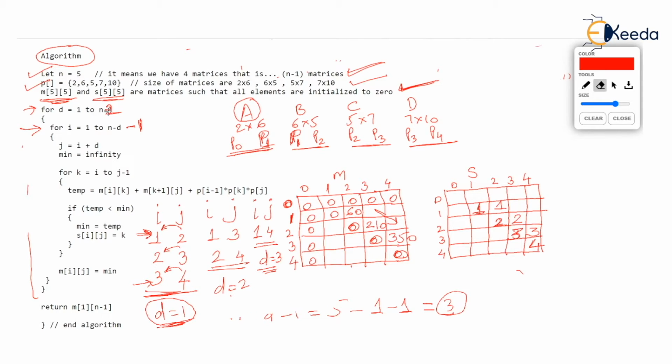Observe it again. How does i run each time? What happens when the value of d is 2? Observe this: when the value of d is 2, i again begins with 1 and goes up to 2. So i goes from 1 to n minus d minus 1, which is 5 minus 2 minus 1, 5 minus 3, which is 2. So each time, whatever the value of d, given a value of d, the counter i will run from 1 to n minus d minus 1. Okay, that minus 1 was missing, excuse me for that.